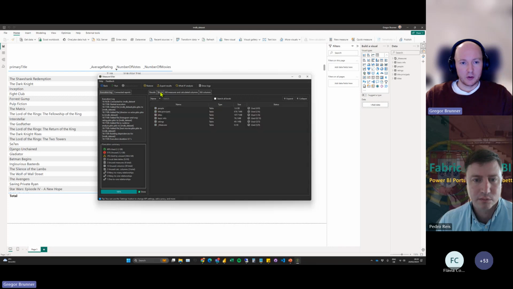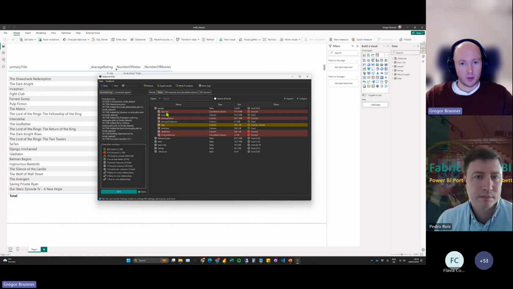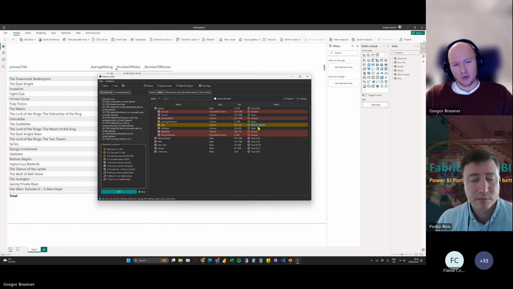We also have a different view, the table view, where I can get a little better overview of the size of everything. So here I can see there's a people table like we have here. It has 1.6 gigabytes in total size. And if I open it up, I can see which columns are used, which are unused, and so on. Yeah. We also have this used by unused. This is a little weird at first.